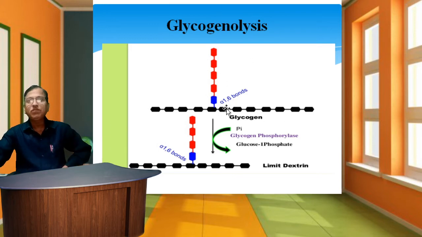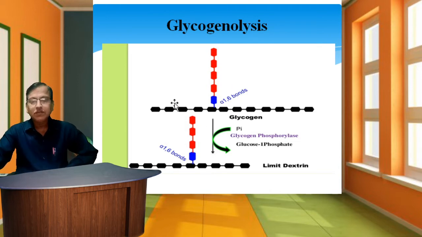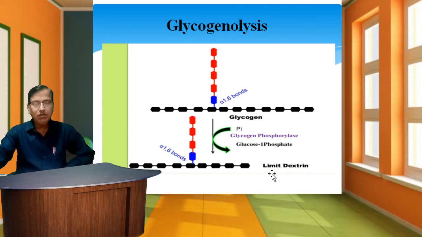This is a polymer chain with alpha 1,6 bonds of the glycogen. These glycogens are converted by phosphorylase into what is also called limit dextrins. The glycogen so formed, with alpha 1,6 glycosidic links, is known as limit dextrin, which cannot be further degraded by phosphorylase. So glycogens are converted into limit dextrins at this stage.